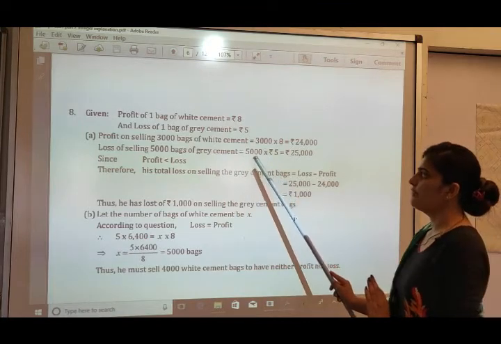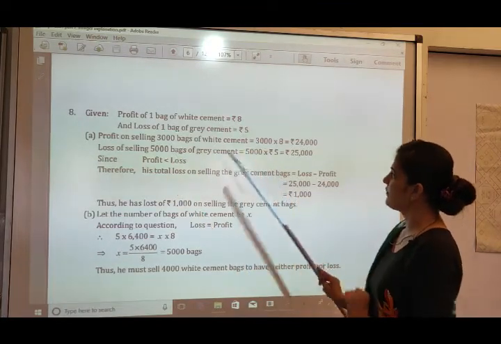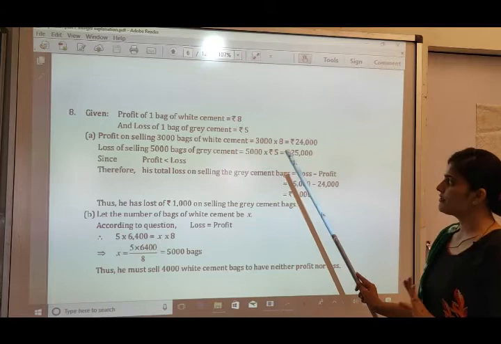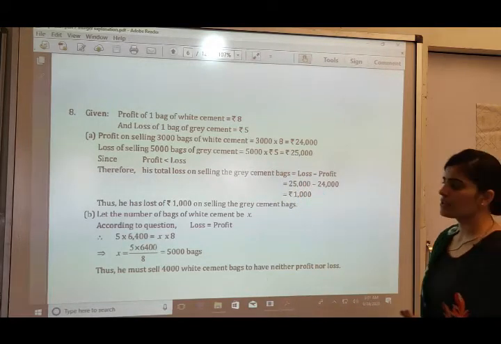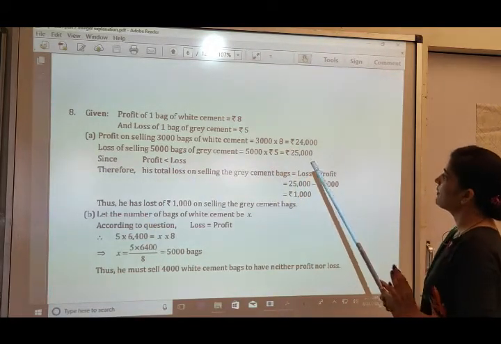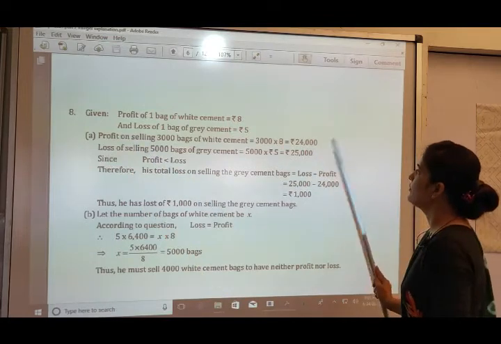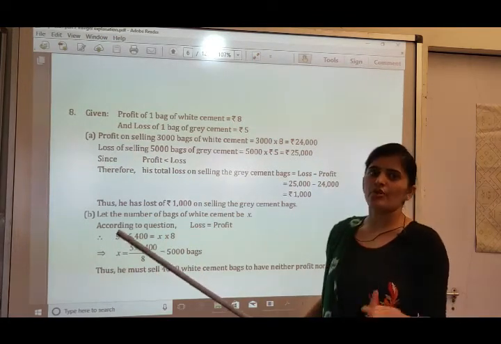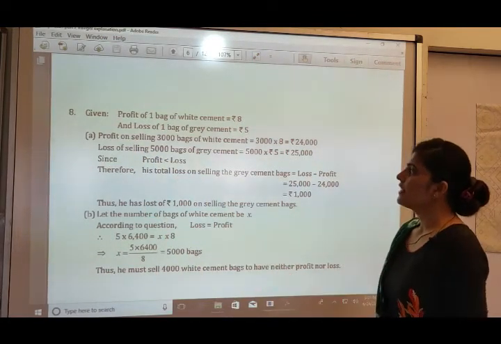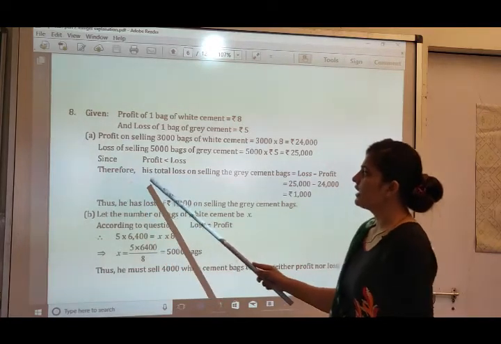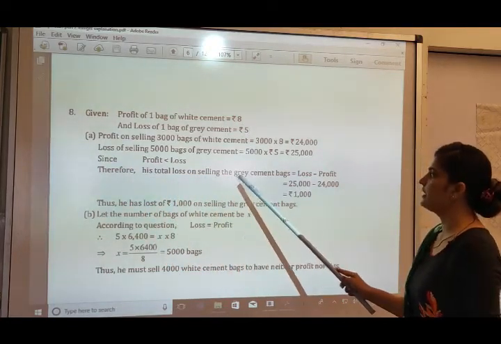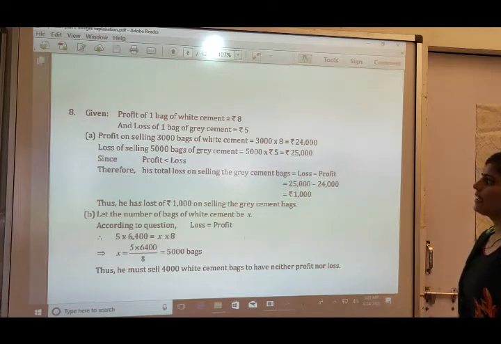It will be equal to again 5000 multiplied by this 5. So 5000 multiplied by this 5, it will be rupees 25,000. Now loss we are getting 25,000 and profit we are getting 24,000. So which is larger, profit or loss? Loss is larger. That means therefore his total loss on selling the grey cement bag, it will be equal to